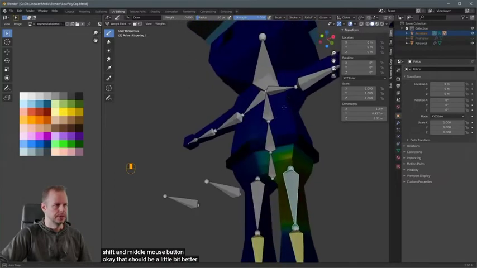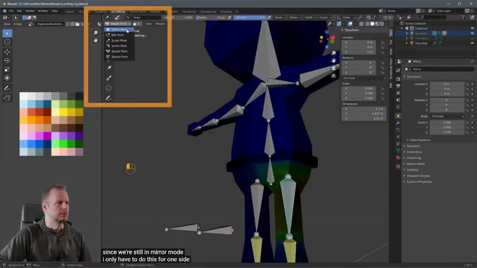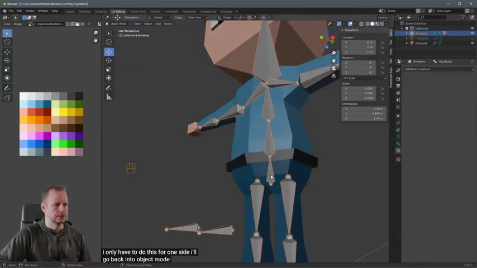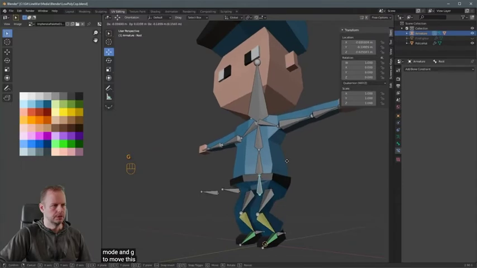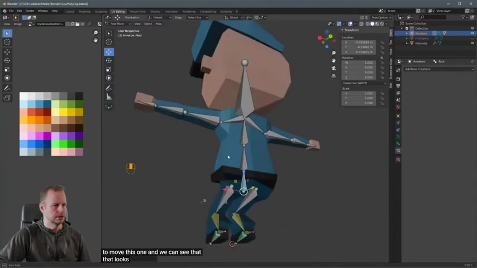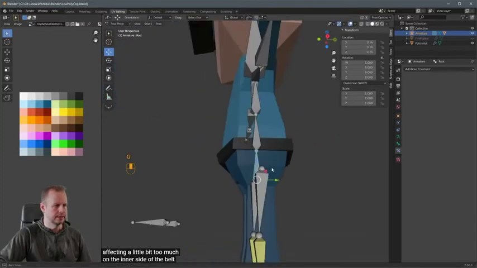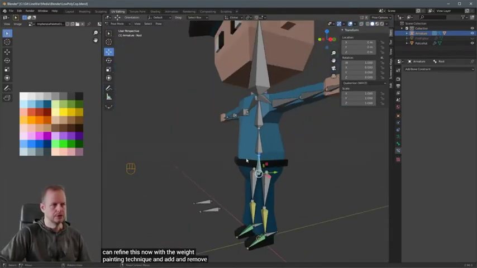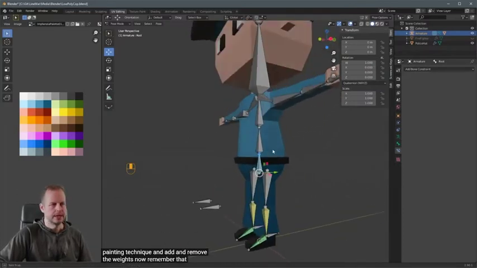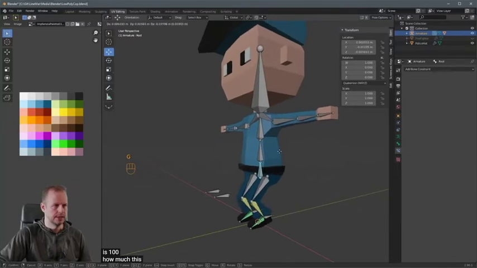Okay, that should be a little bit better. Since we're still in mirror mode, I only have to do this for one side. I'll go back into object mode, select this one, Control Tab into pose mode, and G to move this one. And we can see that that looks better now. We're still affecting a little bit too much on the inner side of the belt. But you can refine this now with the weight painting technique and add and remove the weight now. Remember that the color blue is nothing and all the way to red is 100% how much this bone should